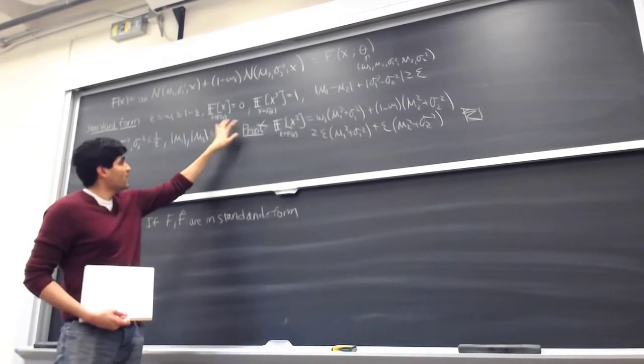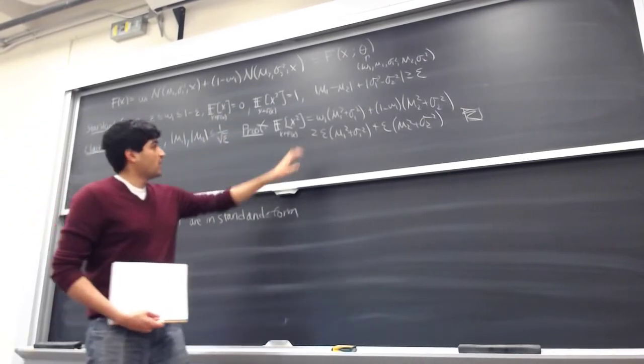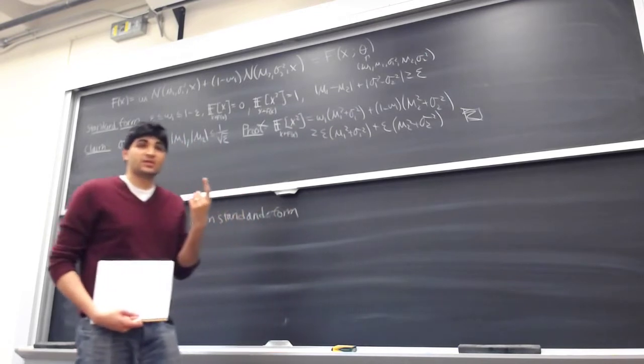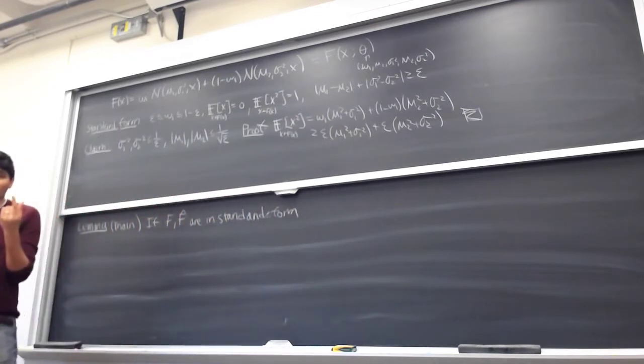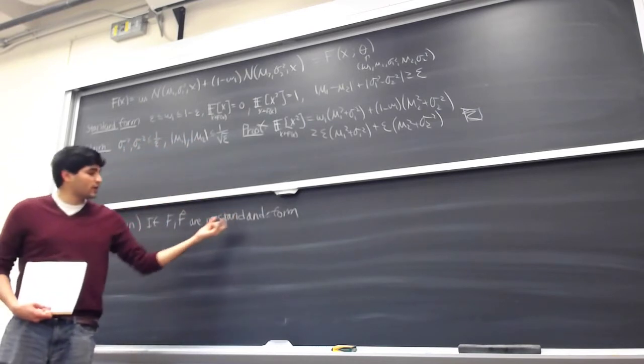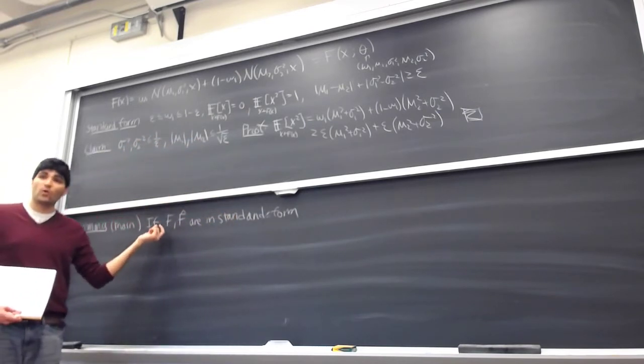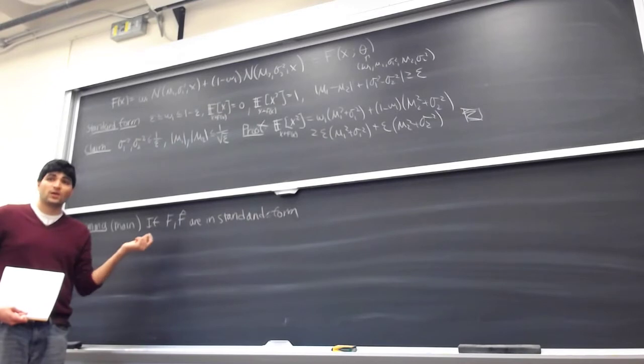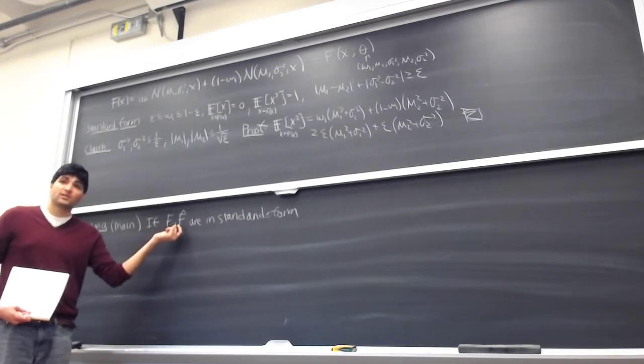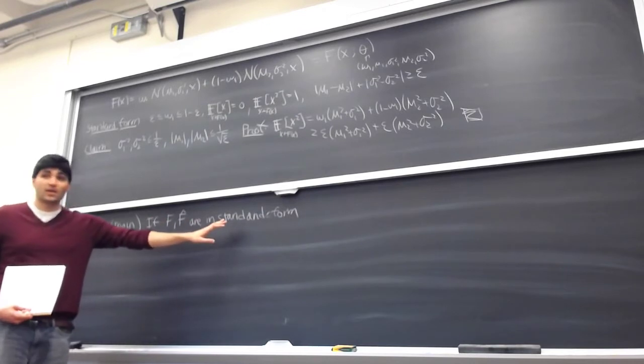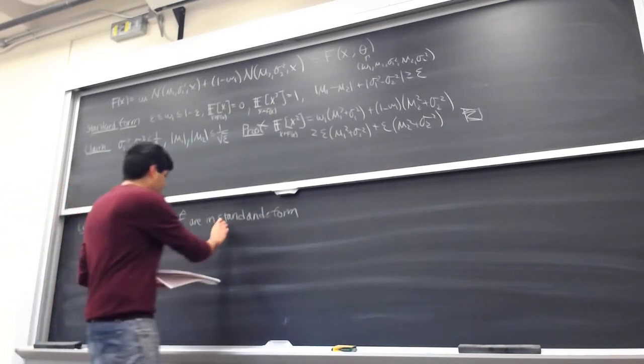They're both normalized to satisfy these conditions. And both of the two mixtures are such that their components are bounded away from being identical. We have a lower bound on the parameter distance between component 1 and component 2 in F, and a lower bound on the parameter distance between component 1 and component 2 in F hat. So if all of those standard form conditions are met,